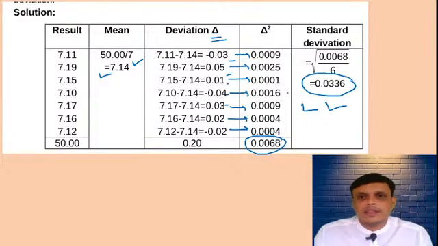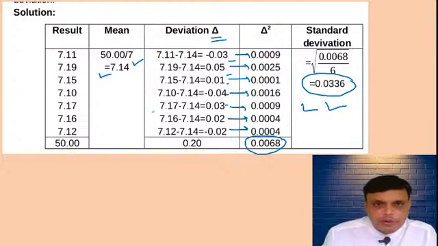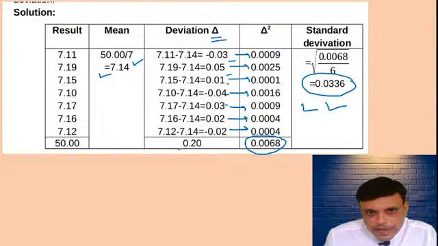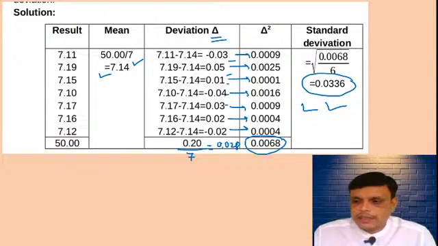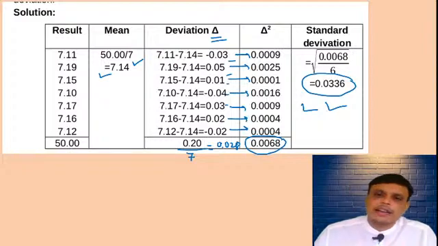Good job. समझ में आ रहा है? For example, if you have to calculate mean deviation, just divide this value by number of experiments. So it will give you 0.028. ठीक है ना? समझ में आ रहा है? Yes, Atharva is saying yes. So we will go to the next slide. We will go to the next and last topic.